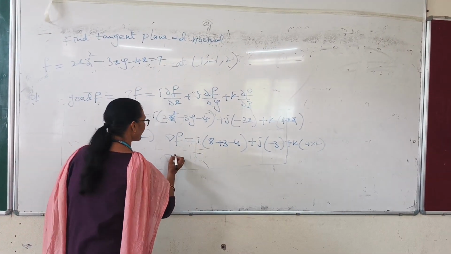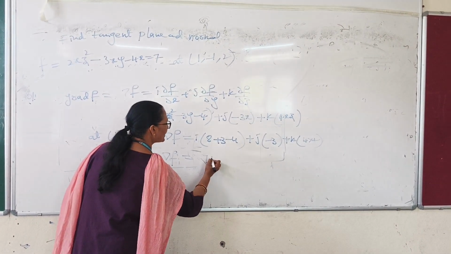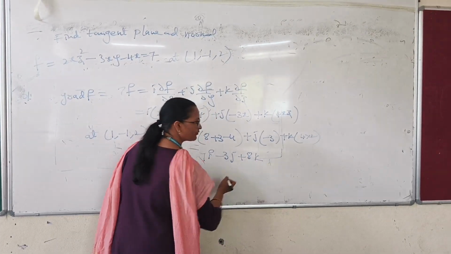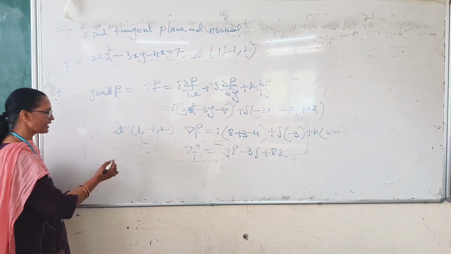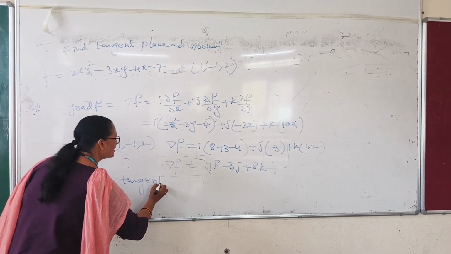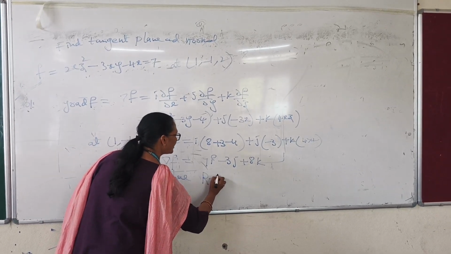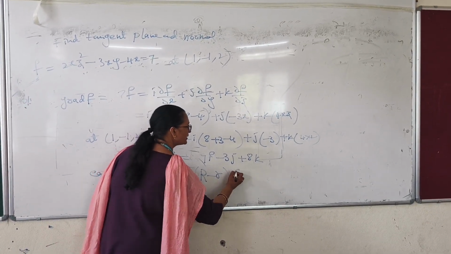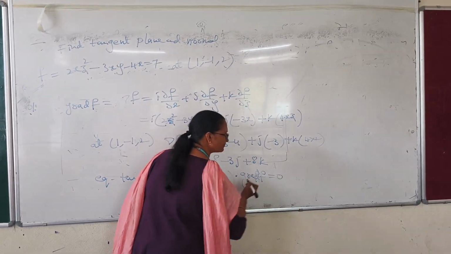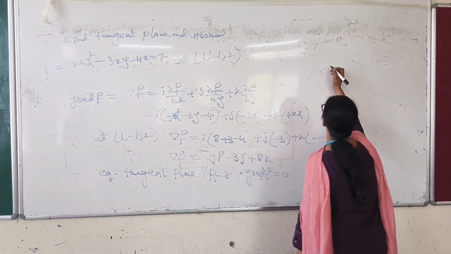But what is our required aim here? To find the equation of tangent plane. Let us write the equation of tangent plane formula. Always we take the position vector, capital R minus small r, dot gradient. This is the formula for finding the equation of tangent plane. For the small r, how do we write the position vector r for the given point? For the given point (1, -1, 2), we can write the position vector using these coordinates as xi minus j plus 2k.